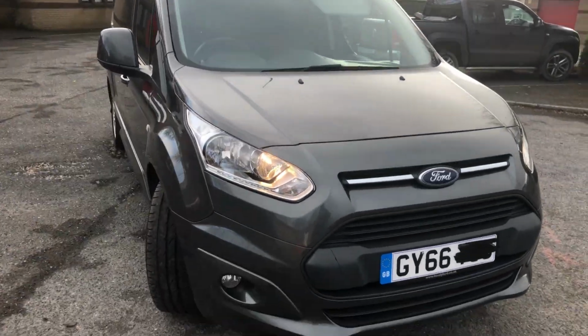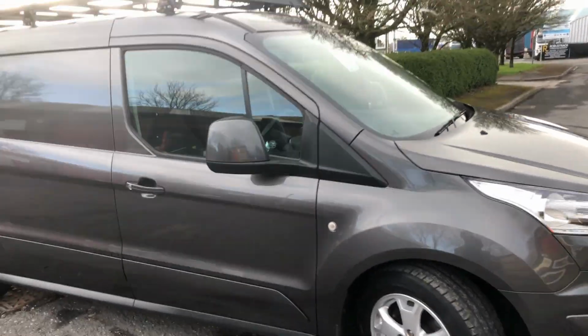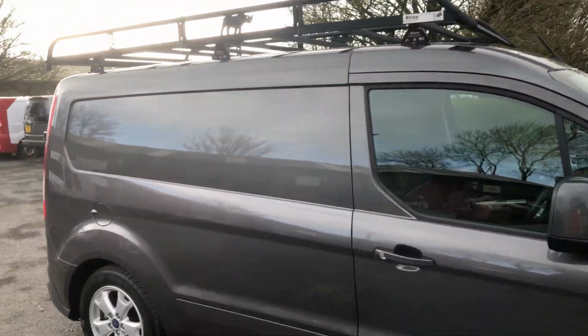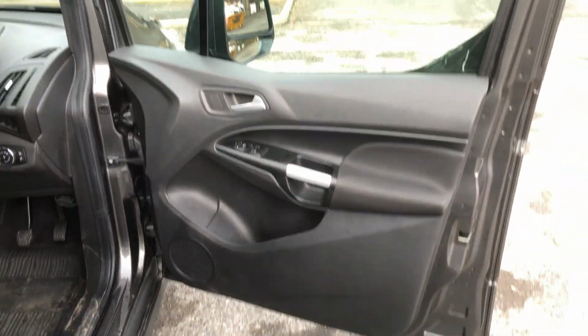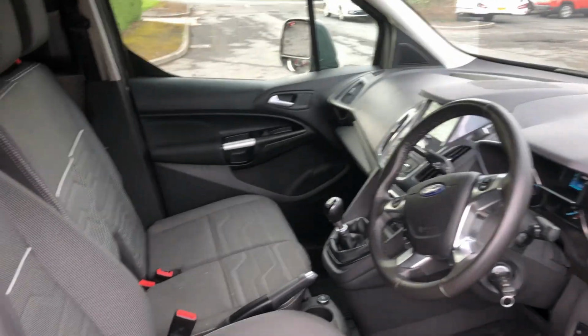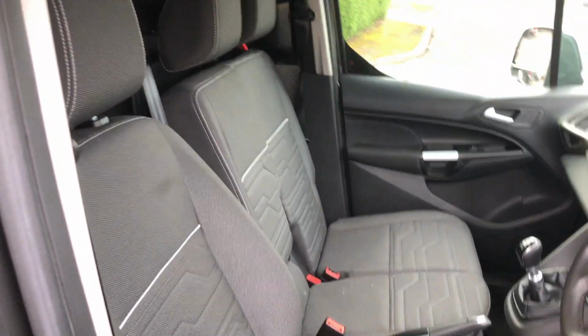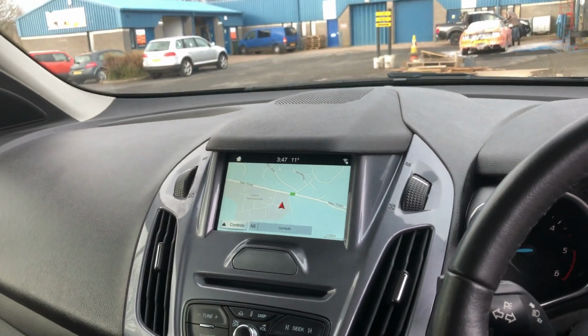This van is for sale, and along with it is a pressure washing setup in the back of it. So it's got a tech pack on here with two seats in it. You've got a sat nav,